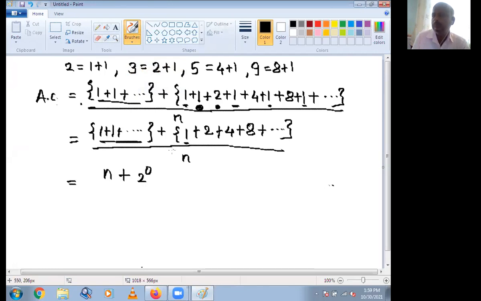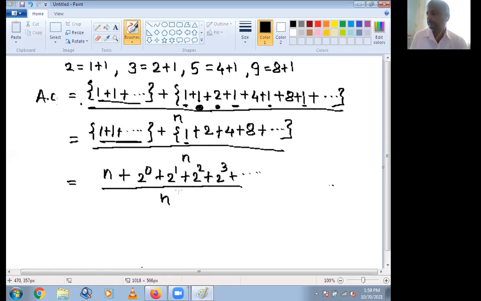This 1 means 2 raised to 0, plus this 2 means 2 raised to 1, plus this 4 means 2 raised to 2, plus this 8 means 2 raised to 3, plus dot dot dot, all divided by n, which is equal to the value of this, that is log base 2 n minus 1,